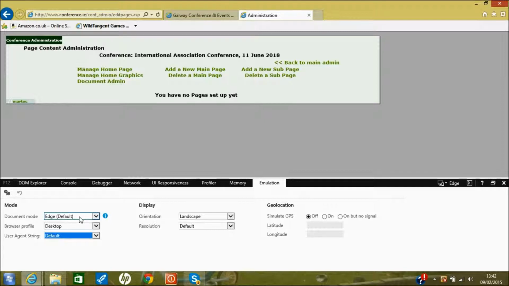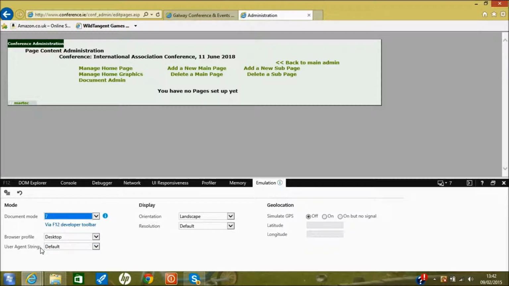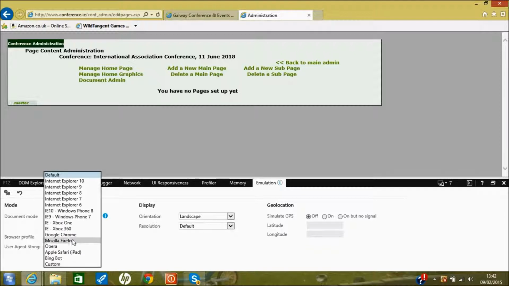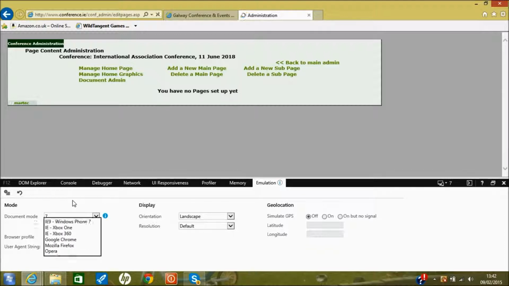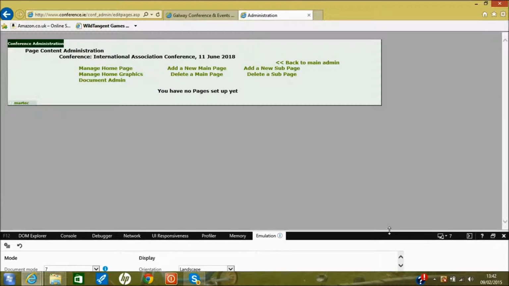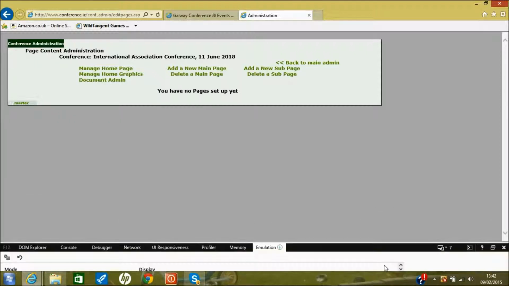At the moment it's set to default, which is the current web browser, but I need to switch that back to 7. And then also in user agent string at the bottom, where it also says default, I need to select Internet Explorer 7. Now this web page will operate as if it were Internet Explorer 7. I can minimize this menu down to the bottom so that it's out of my way and doesn't block my